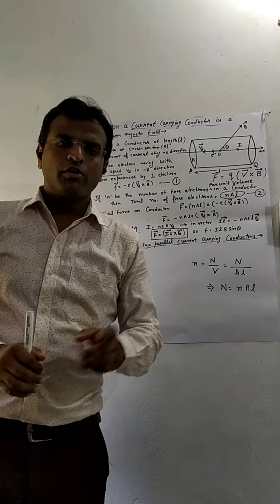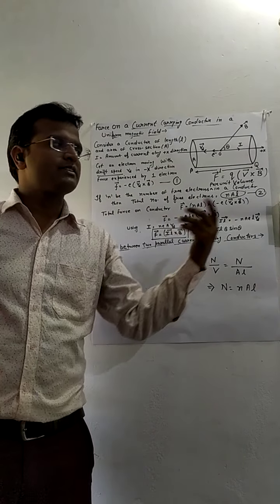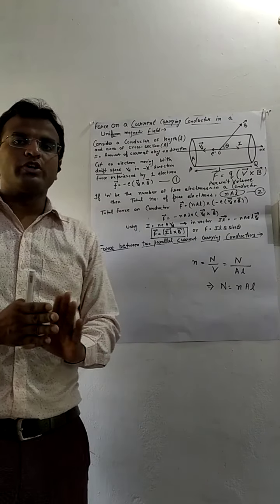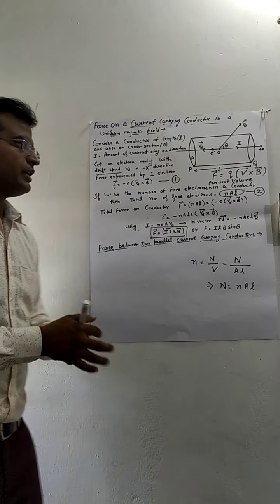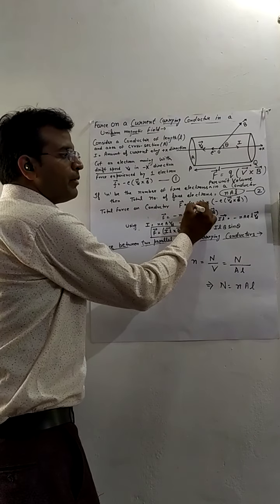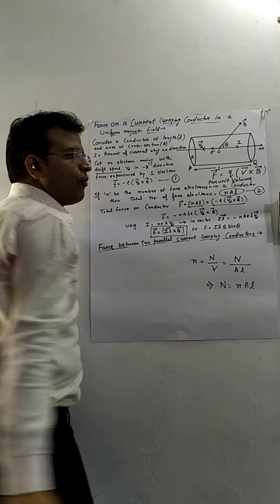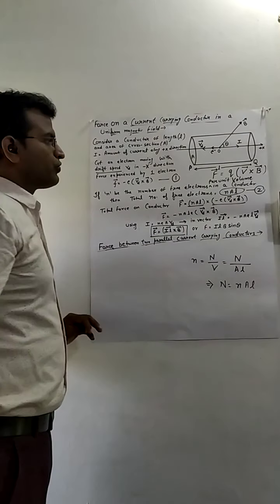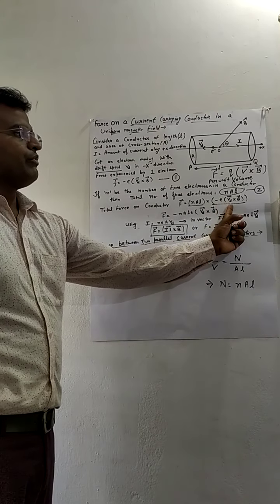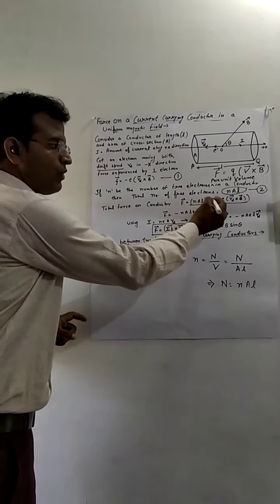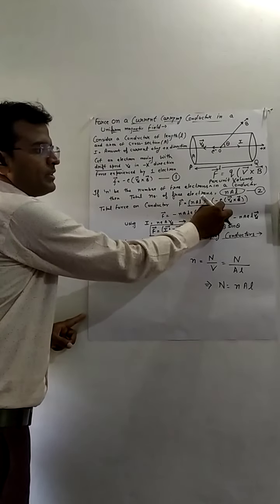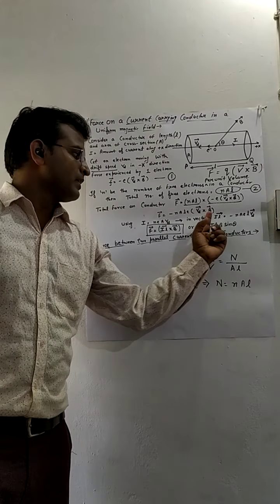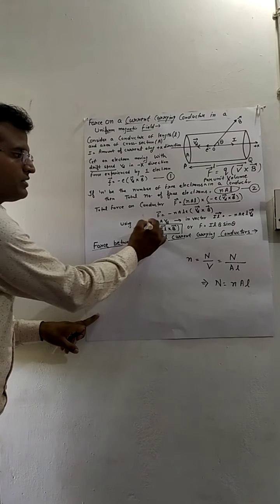In equation 1, we have the force acting on a single electron. In the second equation, the total number of electrons. Now, we calculate the total force acting on the conductor. The total force F equals the number of electrons multiplied by the force acting on a single electron, which is minus e Vd vector cross B vector. So F vector equals minus n A L e Vd vector cross B. We know that this is the formula.